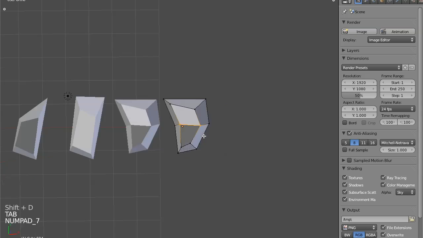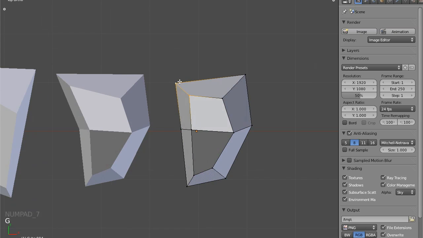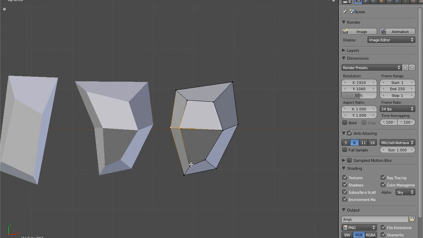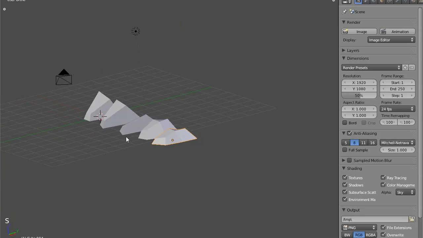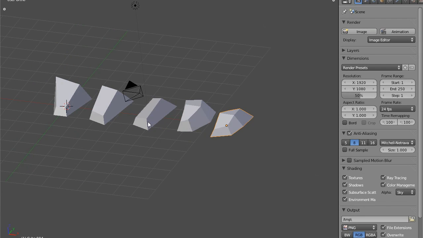And I might as well create one more as well. So I think I said in the magazine version just to create 3 or 4, but you can create as many as you want. And I'm going to flatten it. Cool. All right, so once you're happy with your selection of low poly rocks, next thing you need to do